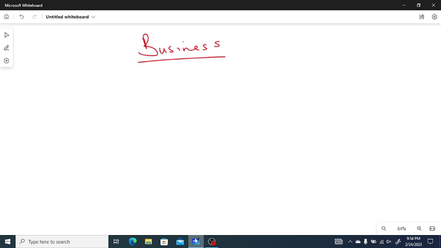We are going to look at business. This is under financial accounting. Business is a word that is being used in different contexts, and it is used to describe economic process and also describe entities that participate in that process. There is no single definition of business, but we are going to look at one according to ICANN.